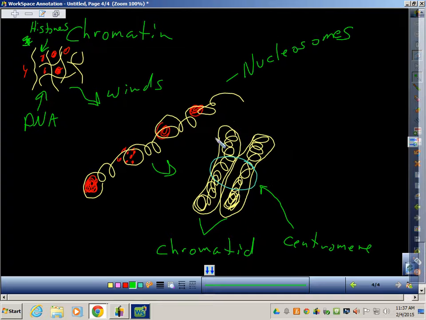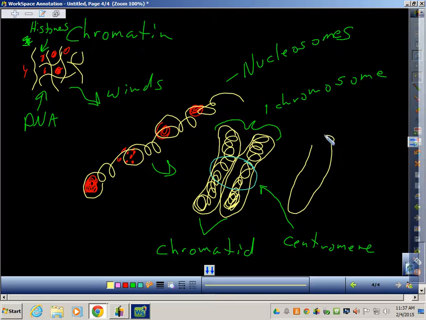Centromere. That means that these two together are actually one chromosome. Is this a pair of chromosomes here? No, it's a pair of chromatids. So if I'm going to have a pair of chromosomes, that means I need what? Four chromatids. Terrible drawing, but